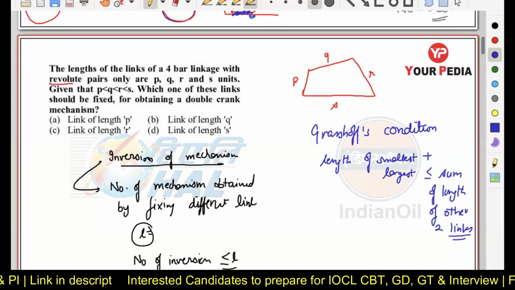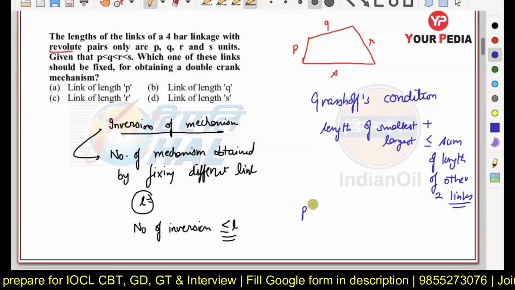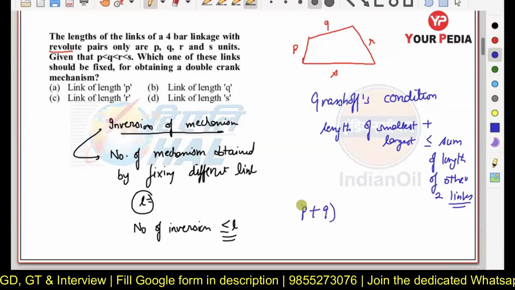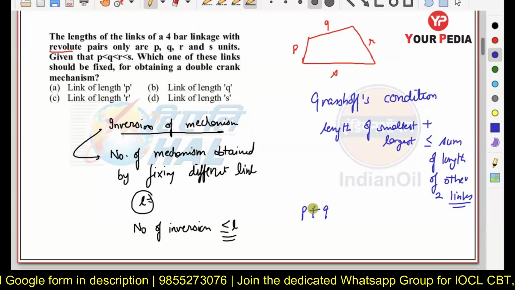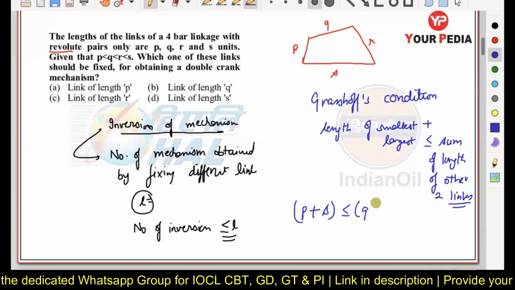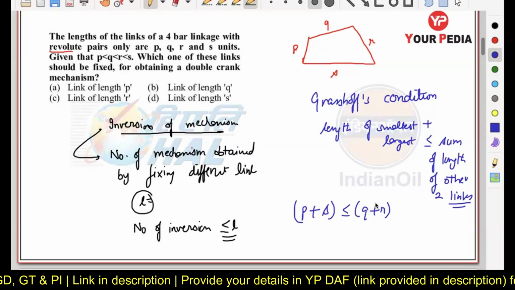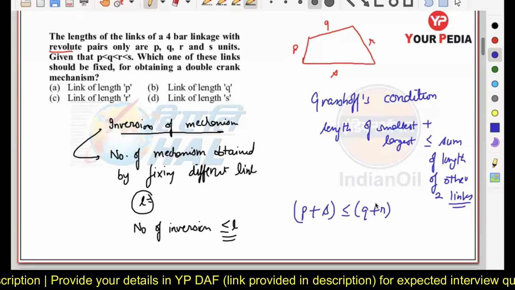Okay, just remember this one. So here in this case you can see P is the smallest one and S is the largest one. It must be less than Q plus R. Okay? So here if I assume the Grashof condition is satisfied, in that case, if the smallest link